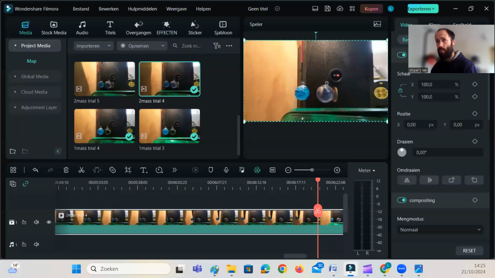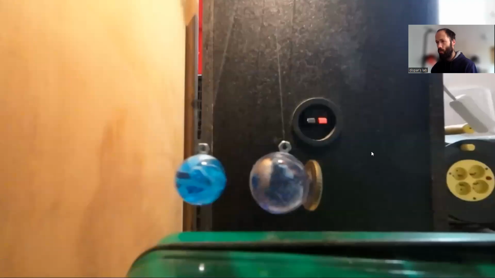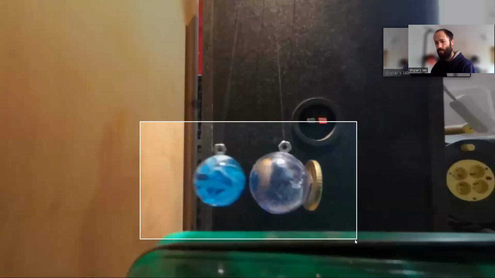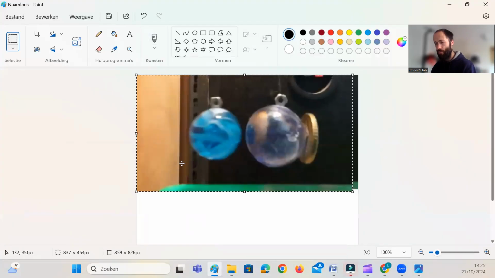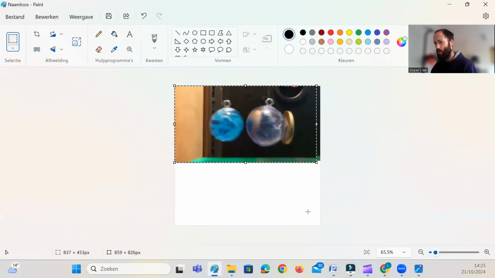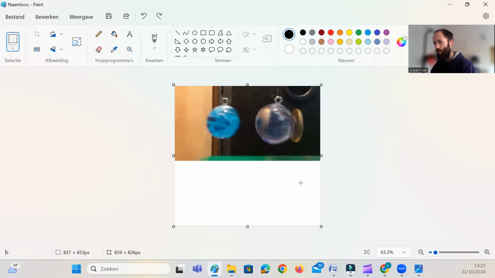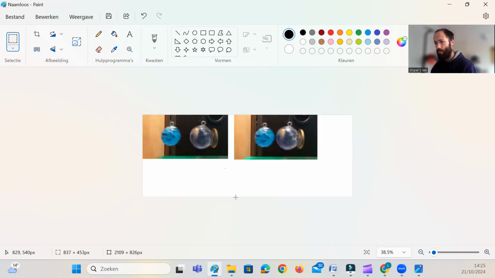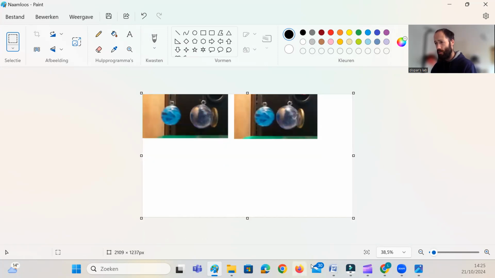Put that over here. 1, 2, 3, 4, 5. Print screen. Gonna make this larger like this. And then after collision,